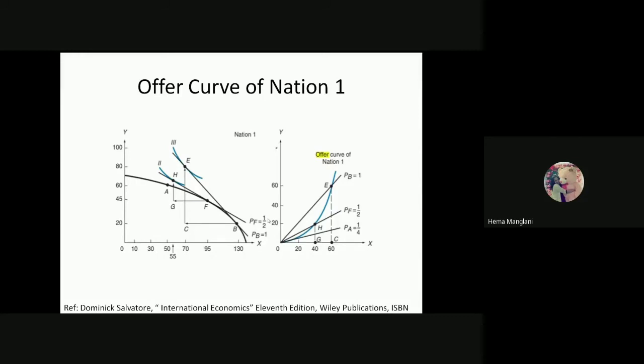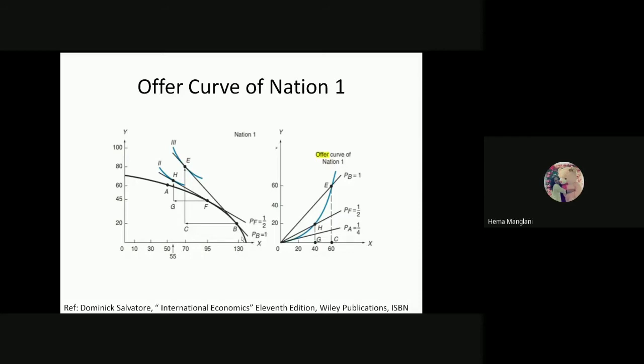So what is advisable to this country? The country has to go for more specialization in the commodity X. Why commodity X? Because this country has already shown its consumption and choices for the commodity Y, so the country cannot opt for commodity Y as its specialization. So this country has to go for commodity X. So from point F, this country has to move to this particular point of the production possibility, which is B. So from F to B.